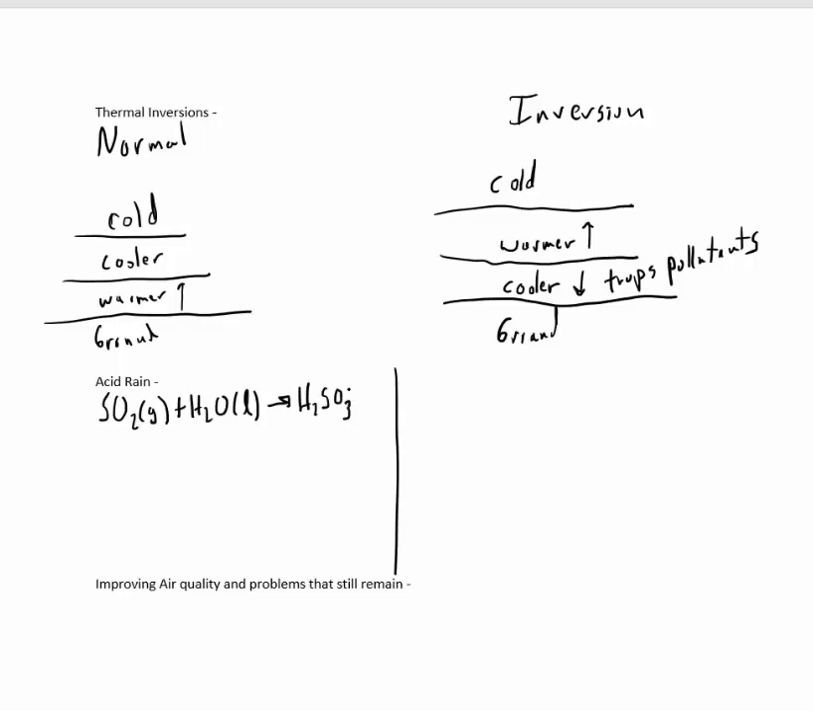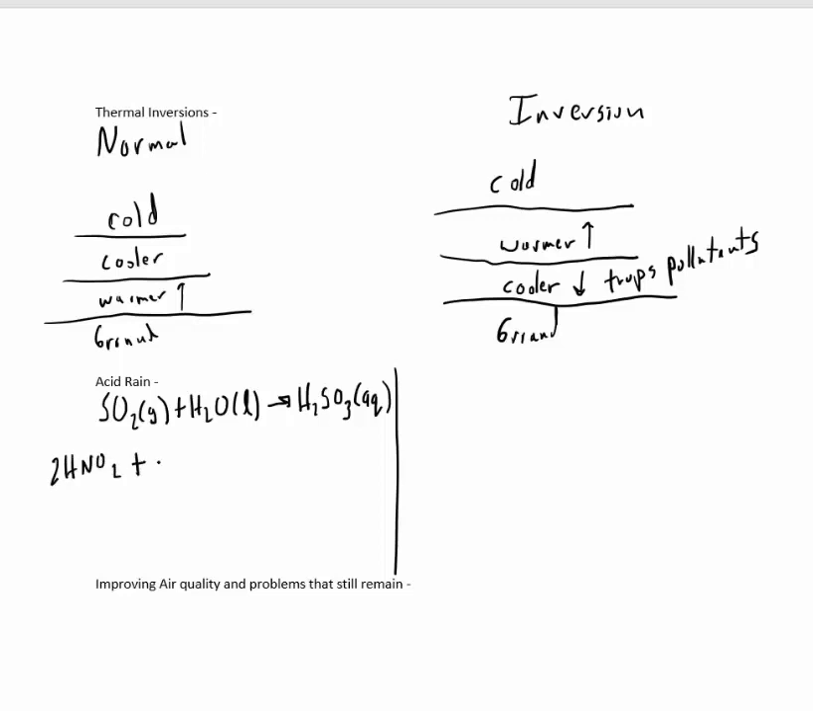H2SO3, and that would be an aqueous solution, or mixed in with the water. Hopefully you know those abbreviations from your chemistry class. If not, the G means it's a gas, L means it's a liquid, AQ means it's mixed with water in an aqueous solution. Okay. And then you take two